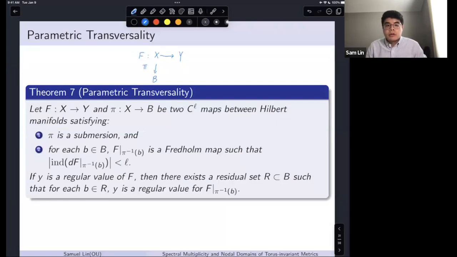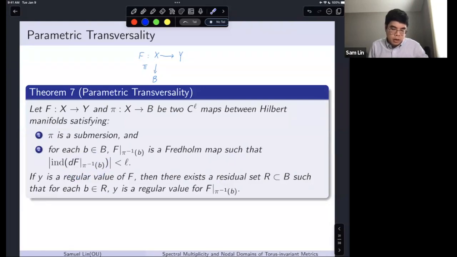So B is going to be our space of metrics. So you can also think of this space B as your space of parameters. Suppose that these two maps are C^L between Hilbert manifolds satisfying 1. This map pi is a submersion. And for each point b in the base, you look at the preimage inside of X and restrict F on the preimage. We want this to be a Fredholm map